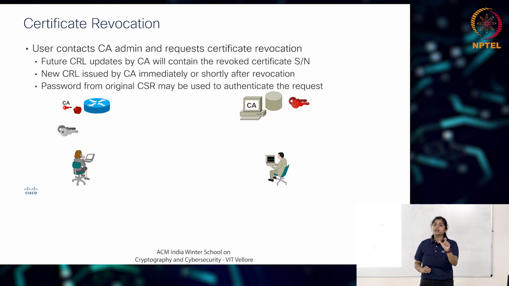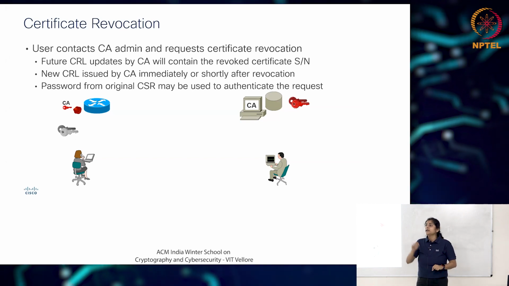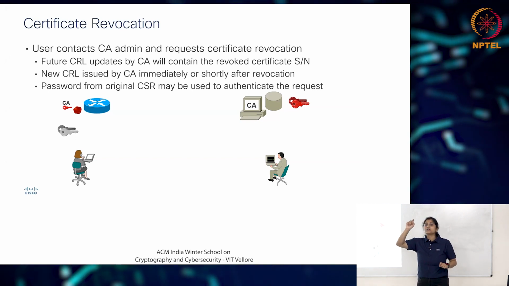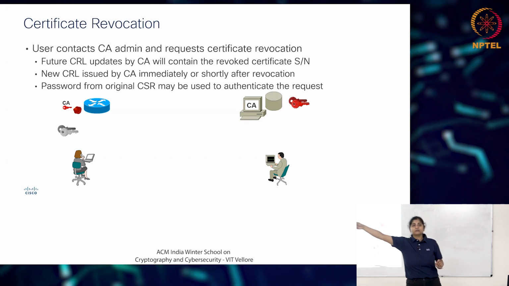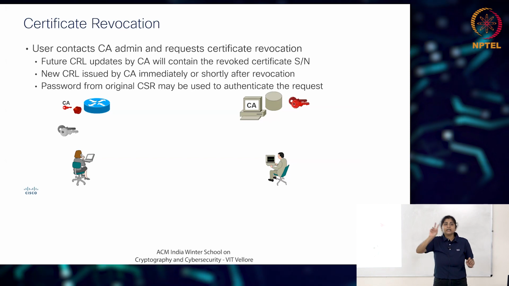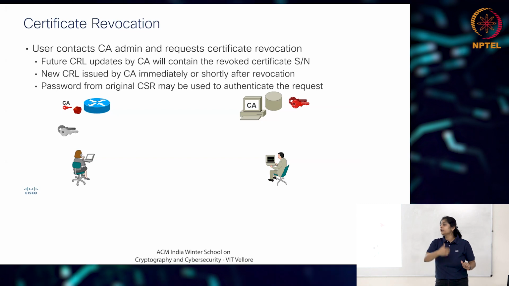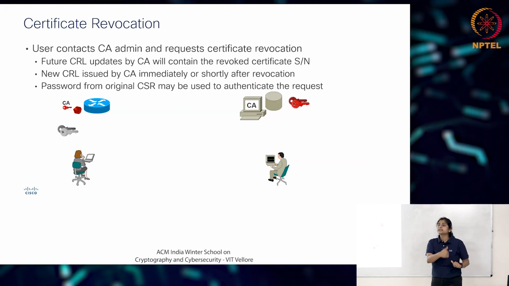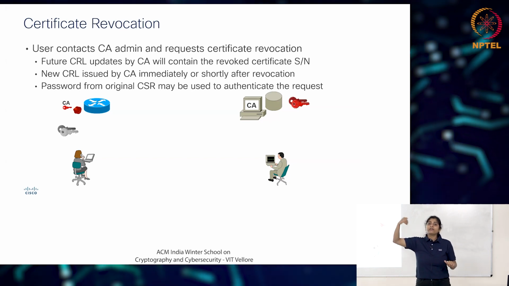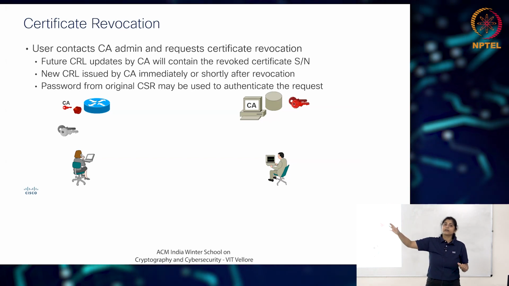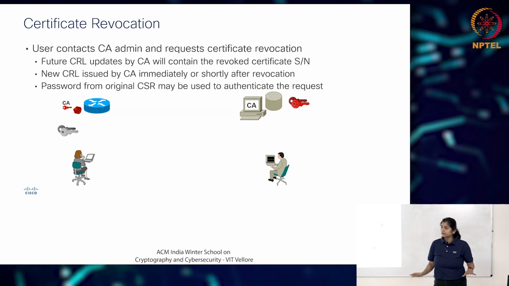What you will do is create a certificate revocation, and based on that, whatever the serial number of your certificate is, it's the CA's job, or wherever the certificate revocation database exists, you will add that serial number to that database. So next time when someone tries to connect to that endpoint or any network device, they do a cross verification against the CRL, the certificate revocation list. If they find it in that list, they will stop the connection.